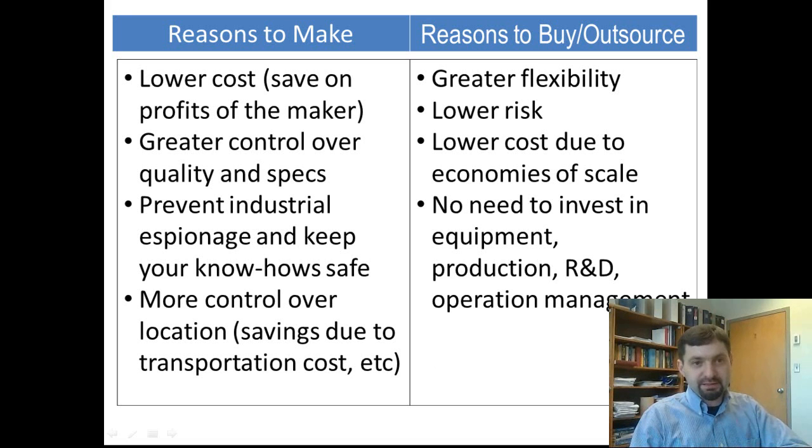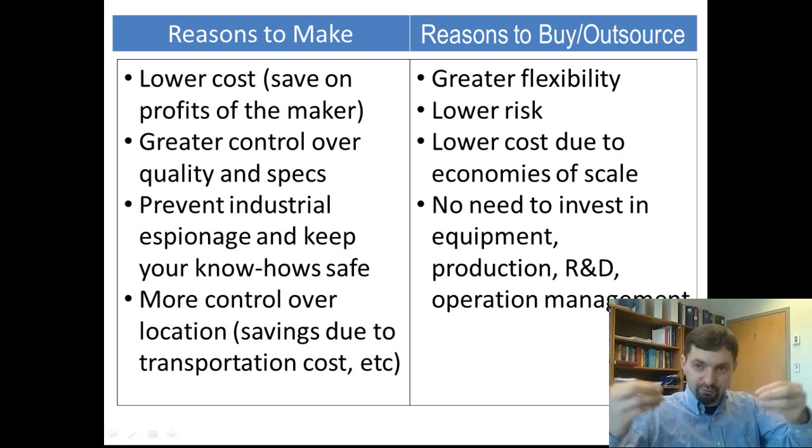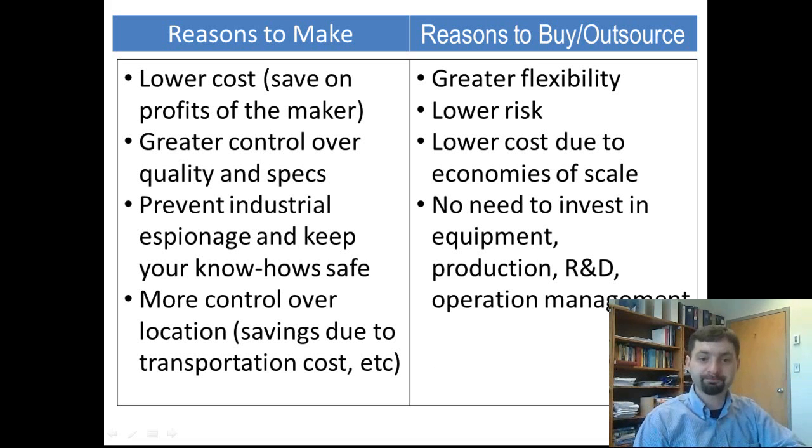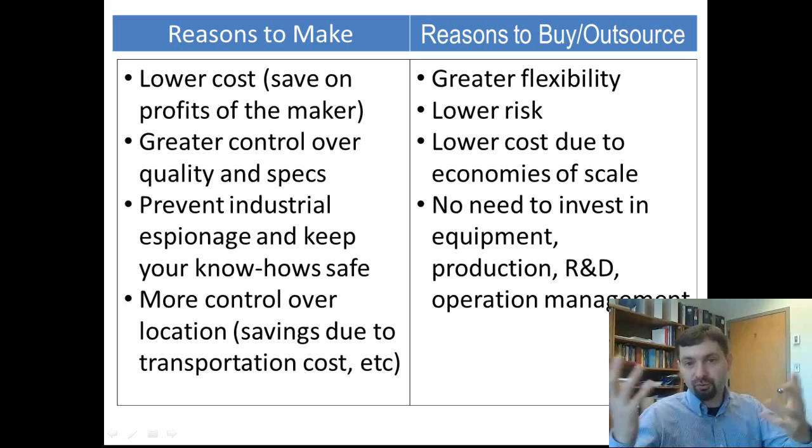Industrial espionage is a big deal. I mean, if you outsource, there is a greater chance that your technology will be stolen. And so if you do it in-house, you have a greater control over who gets access to the information. You also have a better control over the location. You basically choose where you make the stuff, and sometimes that may lead to savings on transportation or whatever other